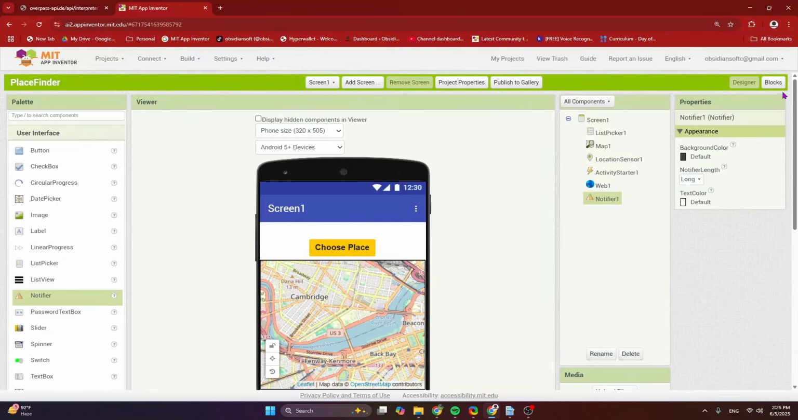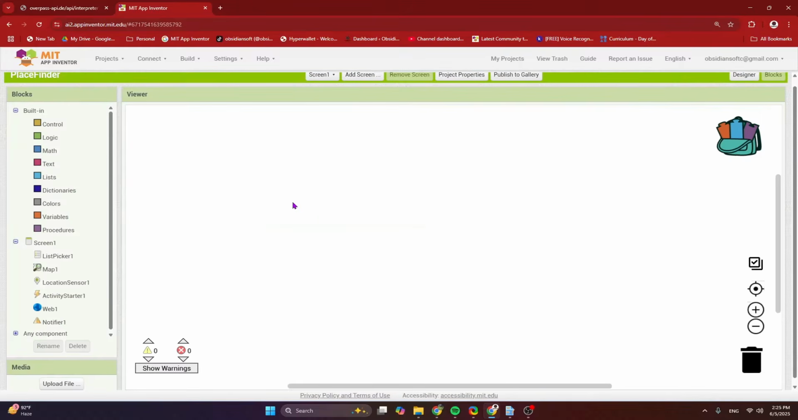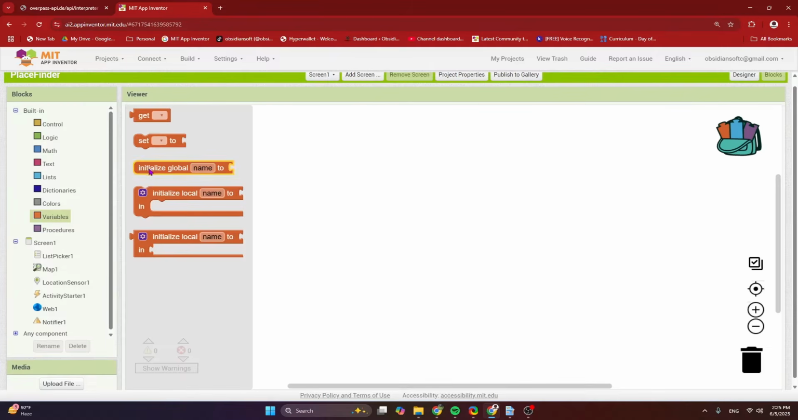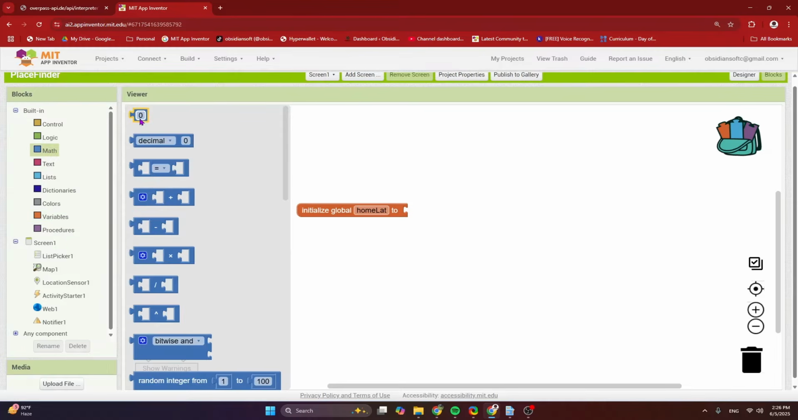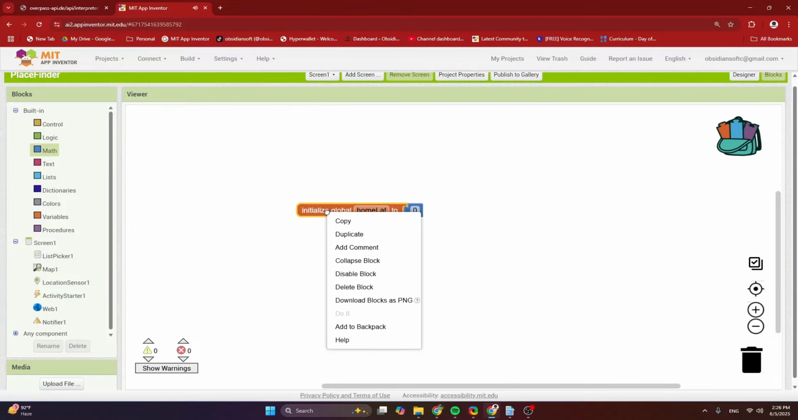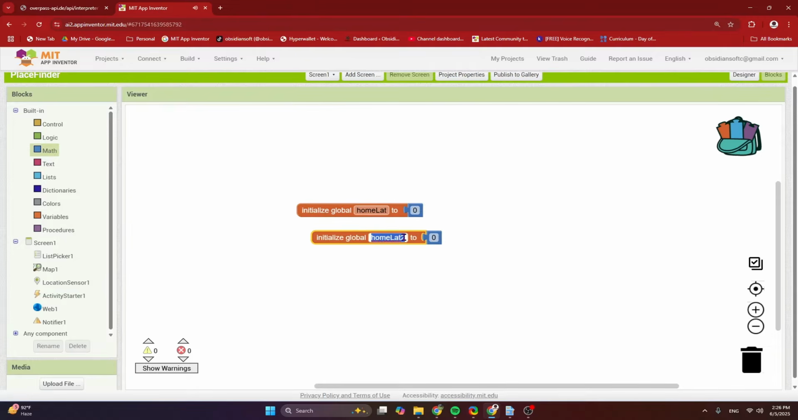Our screen design is done, so let's go to the blocks section. First, we are going to make a few global variables. So our first one is for our home latitude. So I'm going to keep LAT short for latitude, and home lat, and this is basically in the beginning just a number 0. Right click, duplicate, make this now home